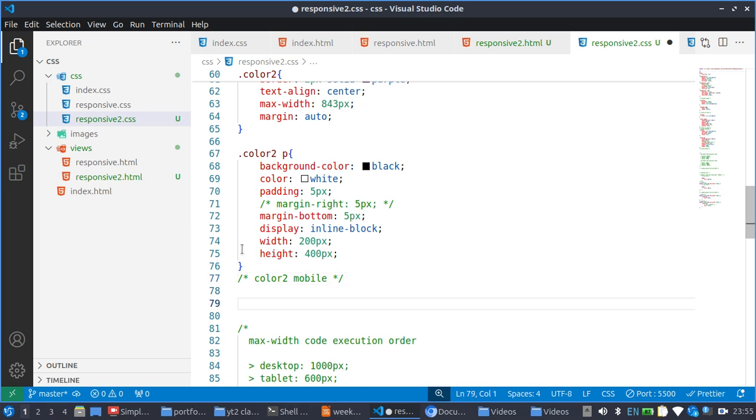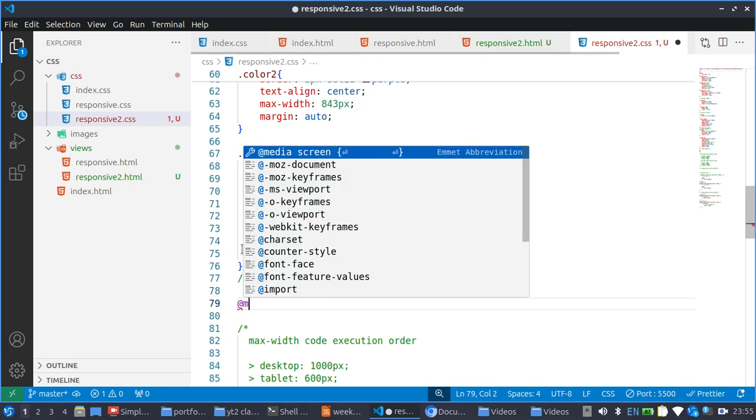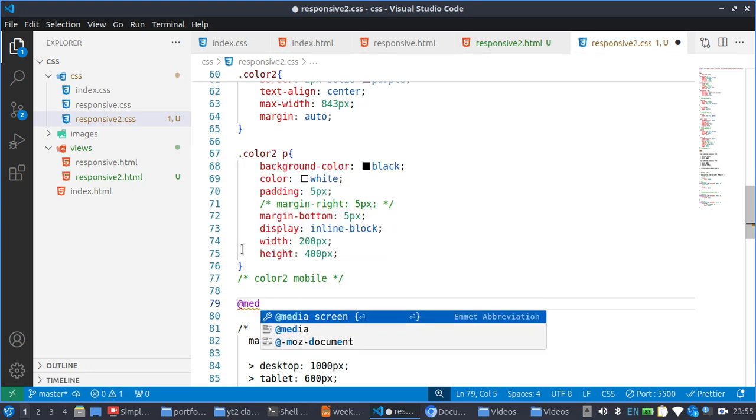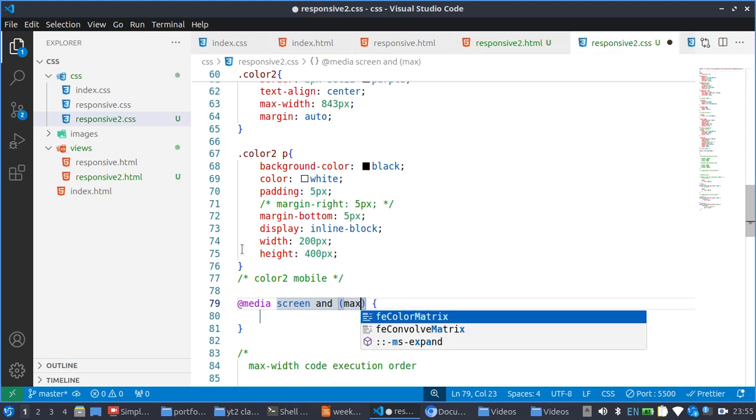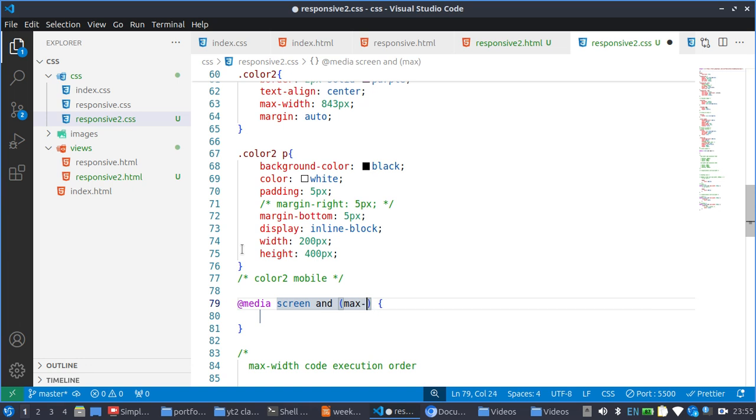So I put at media and screen, and I'll use max width now because I want it when it's coming down. Max width of 832 pixel,